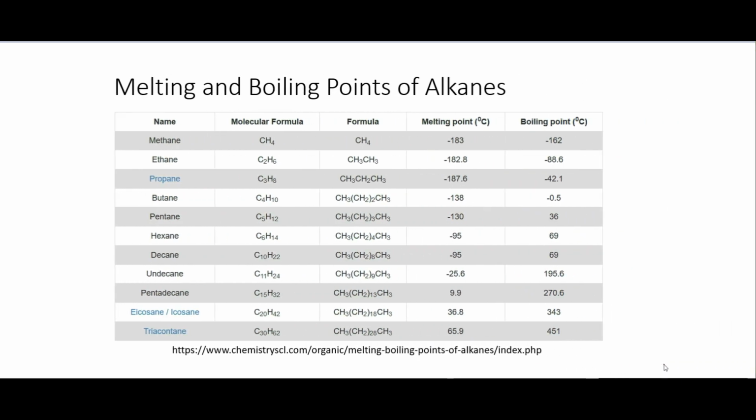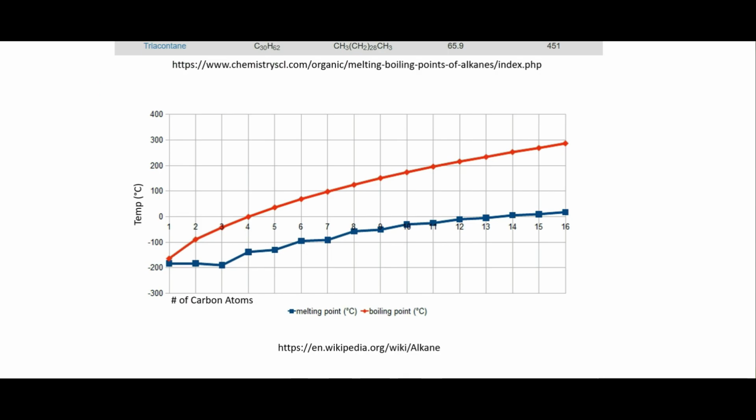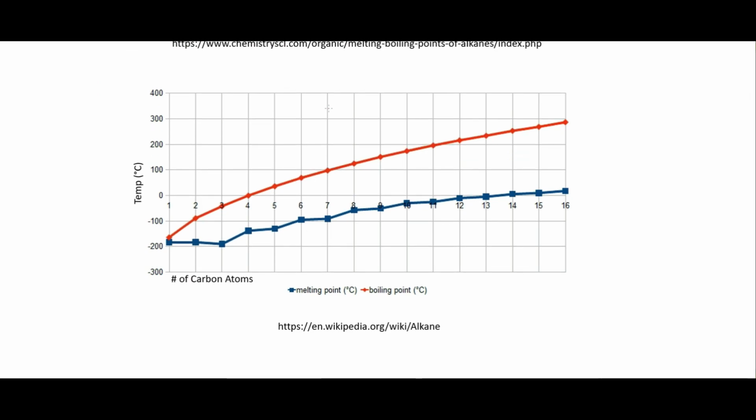All right, so some physical properties we can see for the melting and boiling points of these alkanes. So we're going from methane up to decane, then to undecane, then to pentadecane. Then we have our icosane and our tricontane here. Just the thing to notice is the boiling point and melting point increases for these. And in fact, we can plot that like this. And so we see the boiling point here in orange increases as the number of carbons increases, and so does